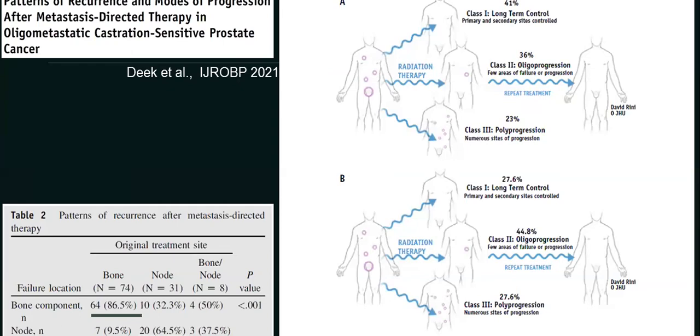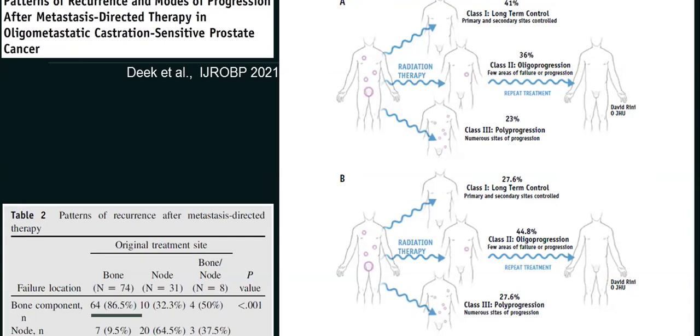And after you've done your metastasis-directed therapy, you still have a good number of patients who could still be controlled, or 41% of patients would have long-term control. About 30 to 40% would have oligoprogression that you can retreat, and then only about 20% would have polyprogression after treatment. And this would be the problem where you would want to identify these patients early and probably start them